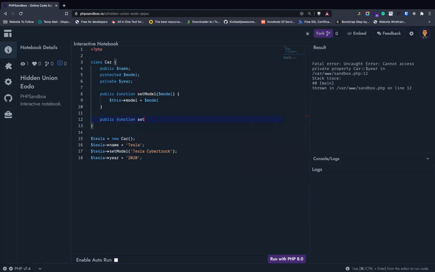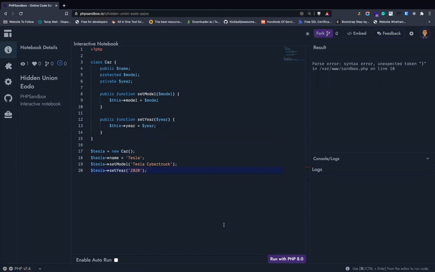So this will be set. Let's see. We won't get any error. But I think I made a mistake somewhere. Line 10. Oh, sorry, semicolon. Yeah,